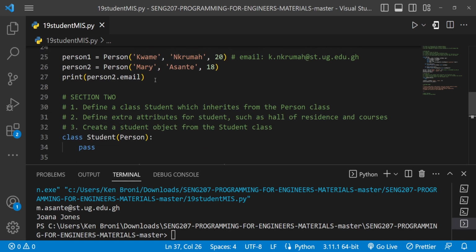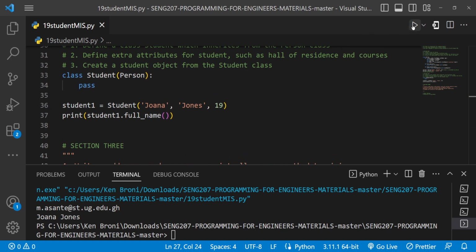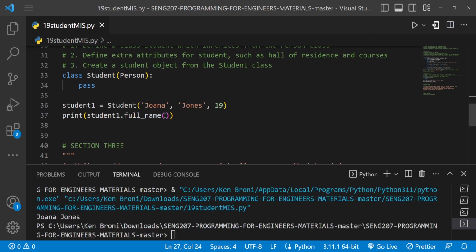I think there's something printing out over here. Let me just comment this one and come back over here. If I'm to run this, I get Joanna Jones, and that's looking good. If I'm to also get the initials method, I'm supposed to get something like J.J. If I'm also to come in here and let's say print the email, which is an attribute over there, I get